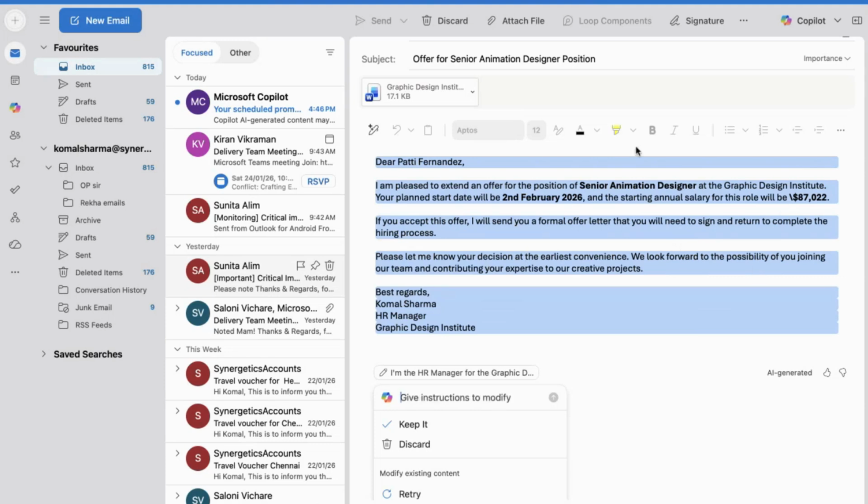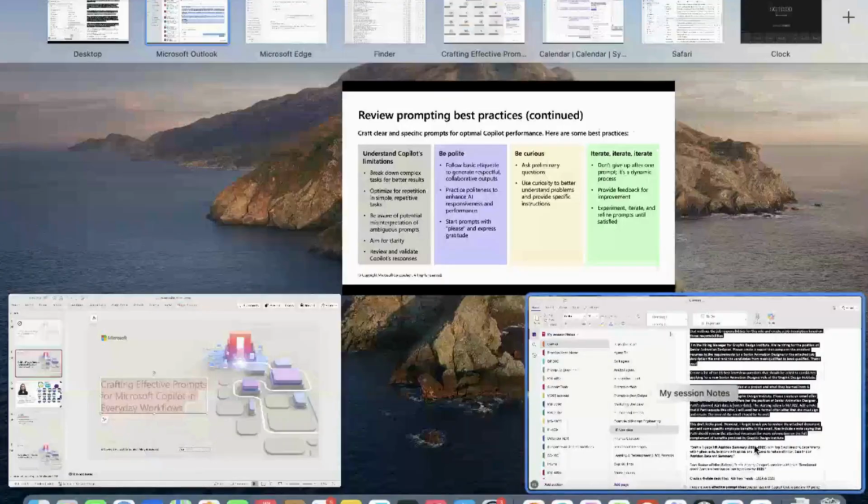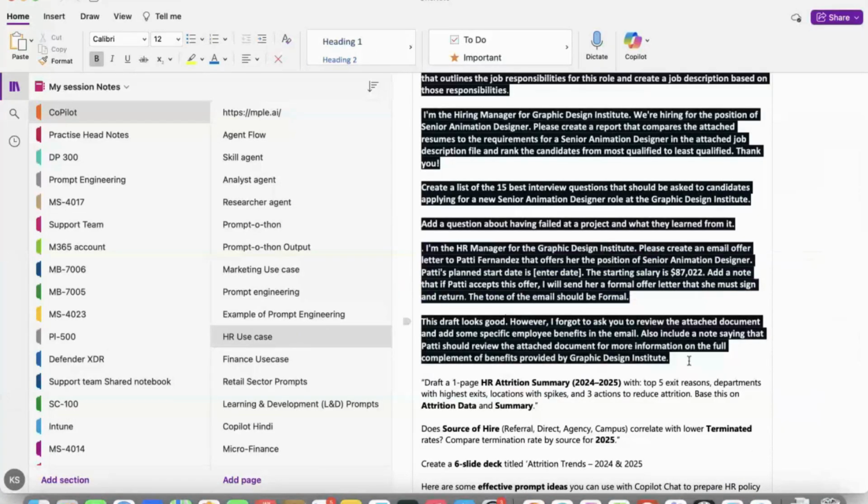But I have attached the file, but I forgot to mention about my job, wait a minute. This is the document, I think I have added, about the employee benefit. Yes. So I forgot to mention the employee benefit in this email. So what I can do, I will just retry my prompt, and I will mention